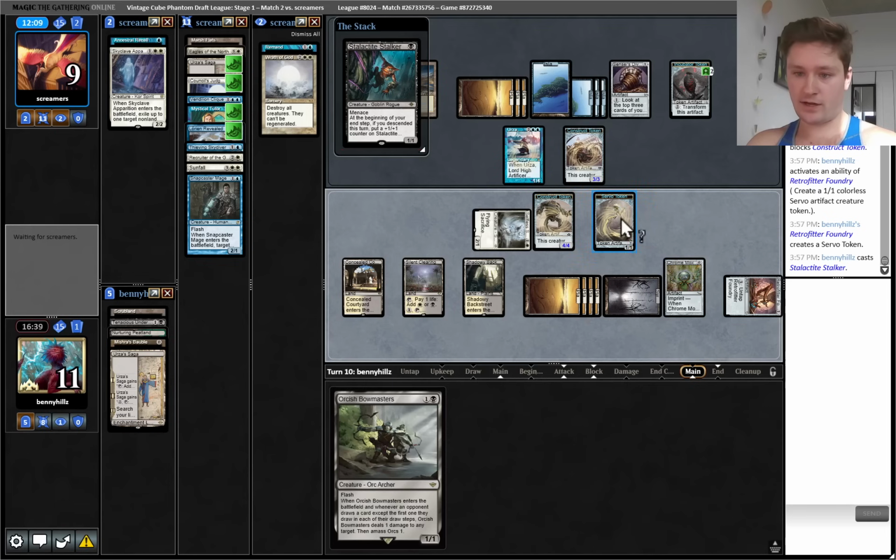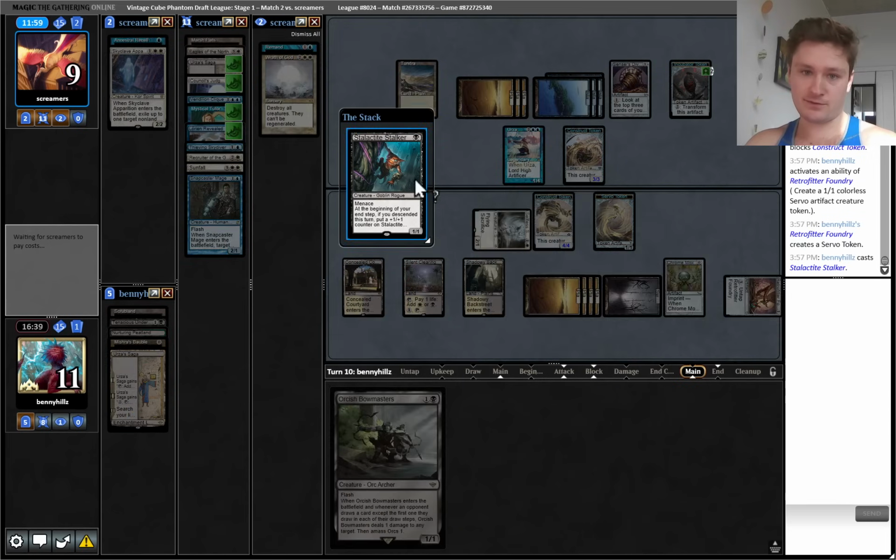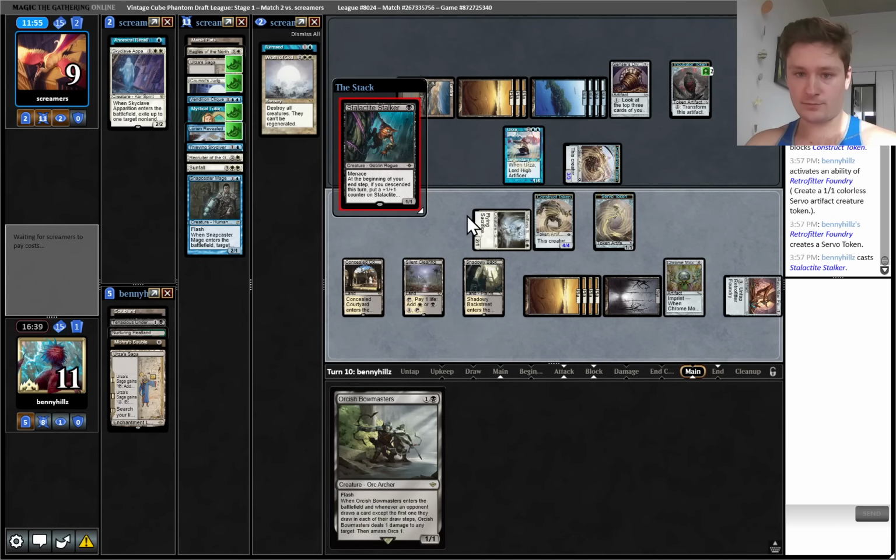Could have also set up to try to untap Retrofit or Foundry, then use it to make a servo, but I think just getting the Stalker down is fine. If they want to remand the Stalker, I will just replay it. That would just be them cycling remand, which is totally fine. Could also...